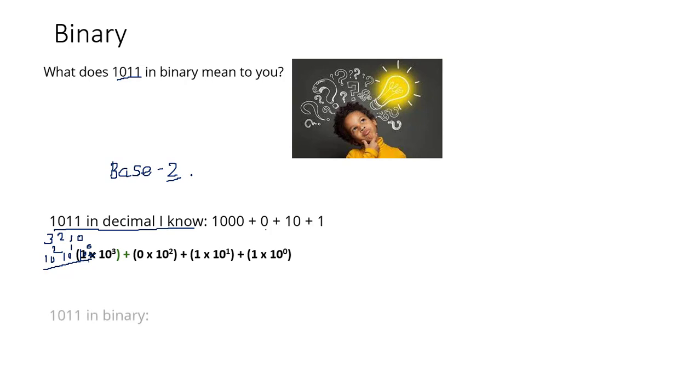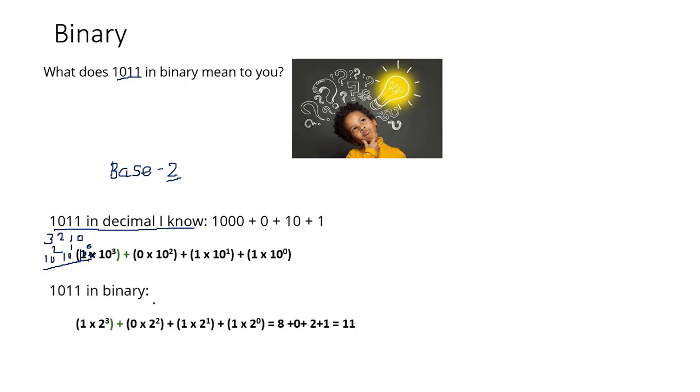So, basically, what it means in the binary, let us try to understand. Rather than using this 10, as I said, friends, here in decimal you are using 10 as a base. Now this 10 has to be replaced by 2, right? The positions will remain the same: this is position number 0, this is position number 1, this is position number 2, and this is position number 3. So when I say binary, what you need to think is that the most significant digit position is 3, and the least significant digit position is 0.